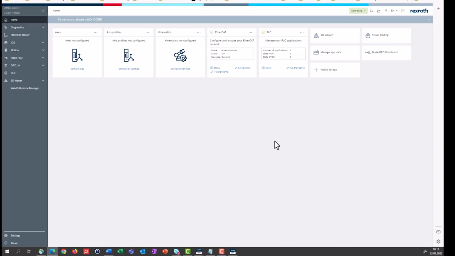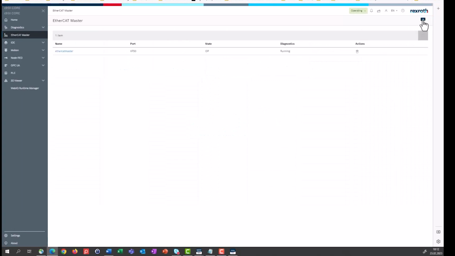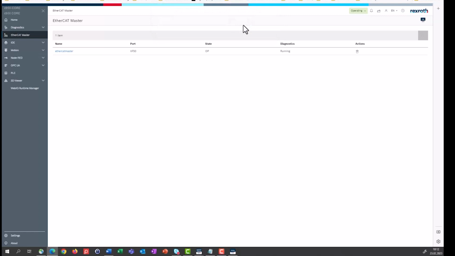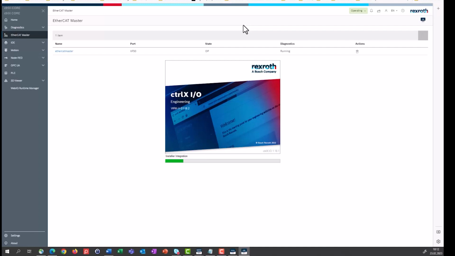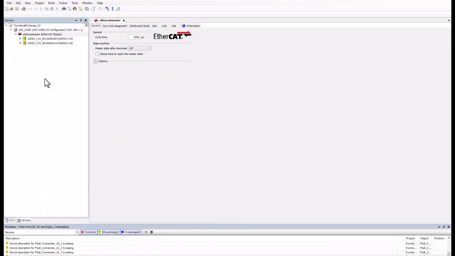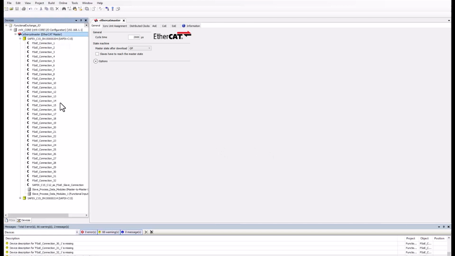So, the programs for the I/O configuration and for the PLC program I take over from the predecessor video. To this, I start now the Control-X I/O configuration, because now we need to extend it with FSoE objects. The program is opened on the second monitor. Here we see the created objects from the last time in video 1.